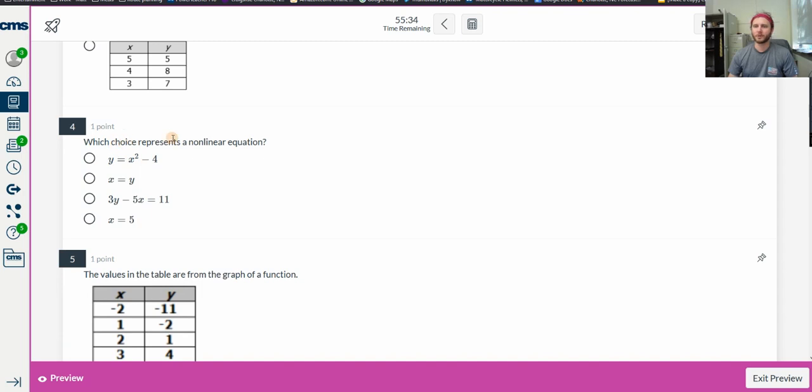For number 4, which of these represents a non-linear equation? So if you recall our notes for linear versus non-linear, a linear equation cannot have a variable in the denominator. A linear equation cannot have absolute value or the little square or the square root, and it cannot be